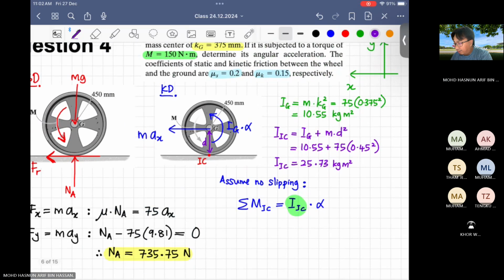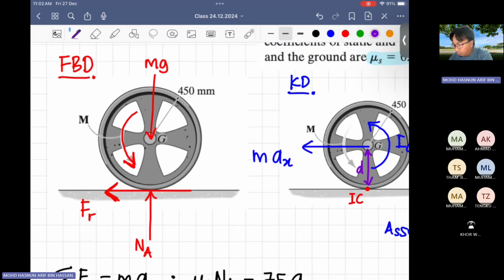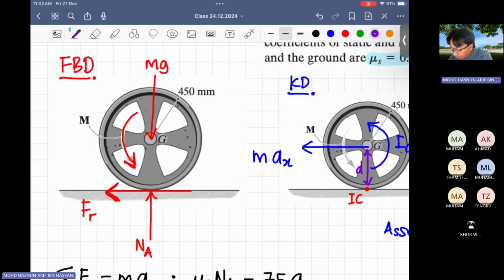Now, let's look at the moment about IC. So if we go to the free body diagram, remember the location of IC is now here. This is IC. If you cannot imagine which force has moment about IC or not, you can draw a line like I do in the previous class. You draw a line passing through IC, a horizontal line, and also a vertical line. So from here you can see that